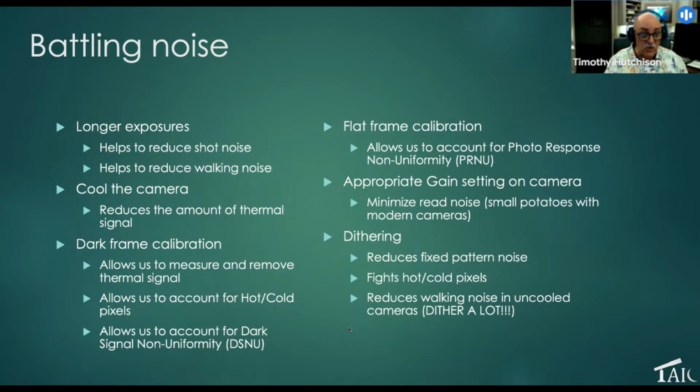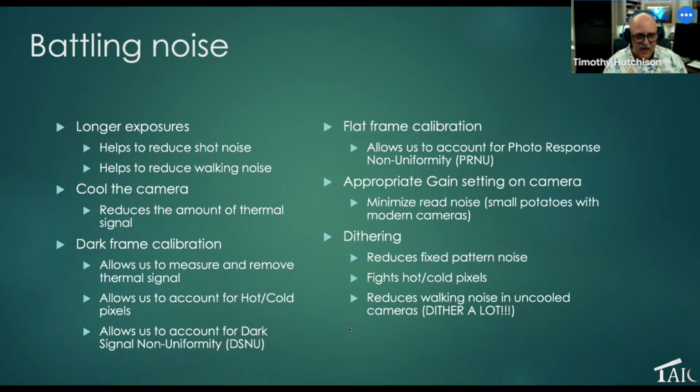We're already talking about cooling the camera to reduce the amount of thermal signal. Of course, we still do that. That's still out there. We use dark frame calibration. We all know what that does, right? We take some dark frames and we use that to measure the dark current, the thermal signal that we have in the sensor when there's no incident light, and we use that to remove that thermal signal from our images